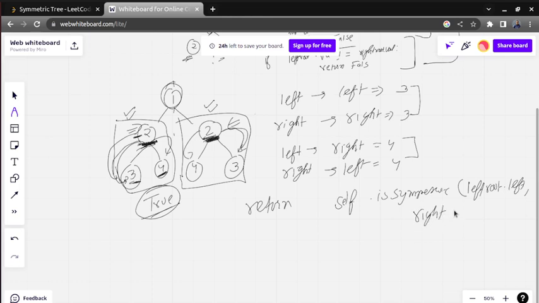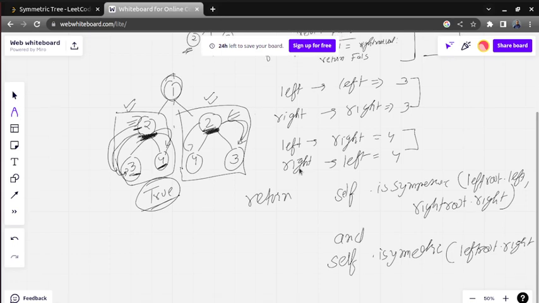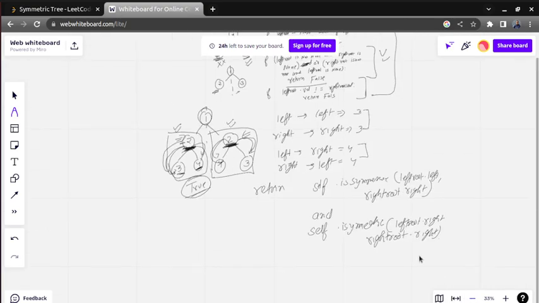And then left root dot right, we need to call that function again, self dot isSymmetric, with left root dot right and right root dot left. And our question is completed because we have handled all the cases.